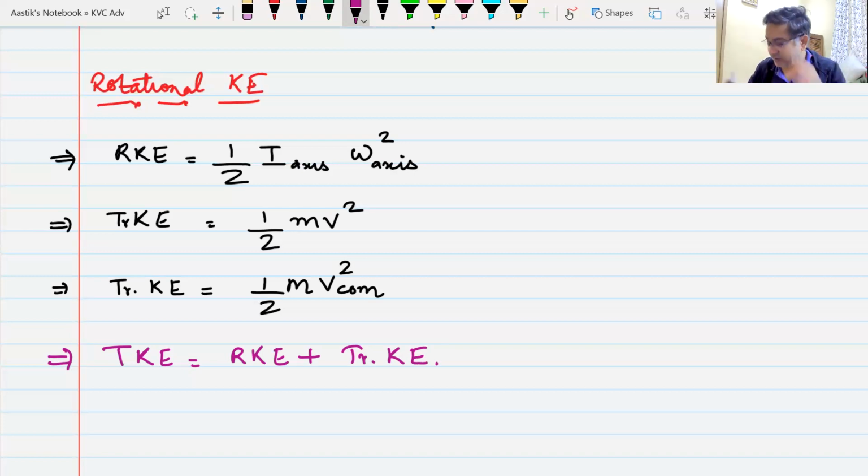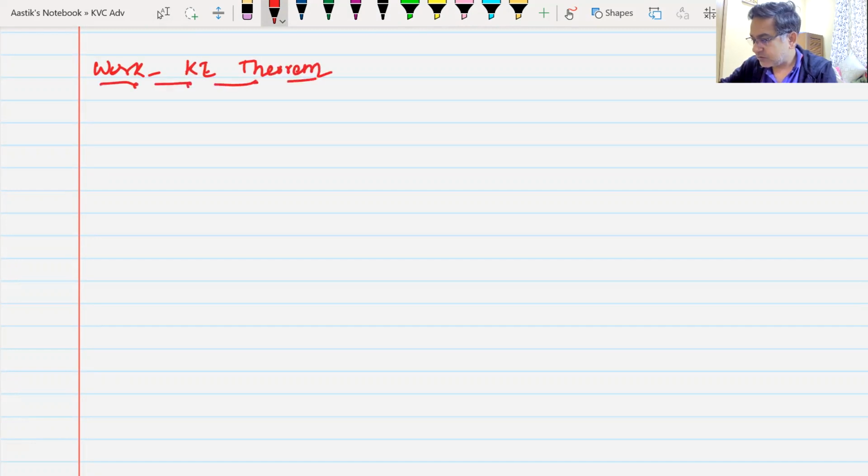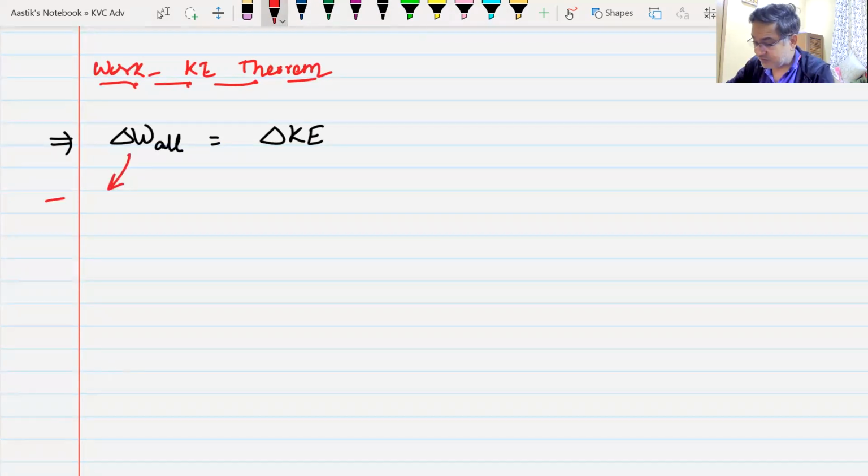We can also write the work energy theorem now. How does the work energy theorem look? Just write the work kinetic energy theorem. The work kinetic energy theorem still remains the same. It says that the work done by all forces is equal to the change in kinetic energy. But you must understand here that this work done is work done in translational motion,